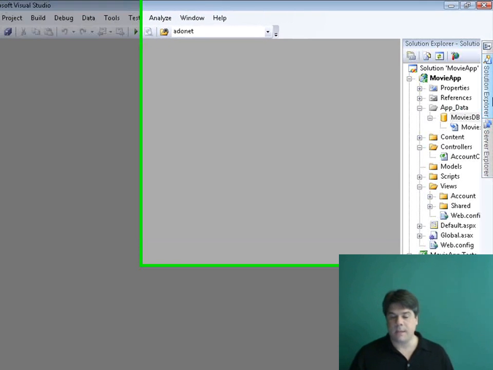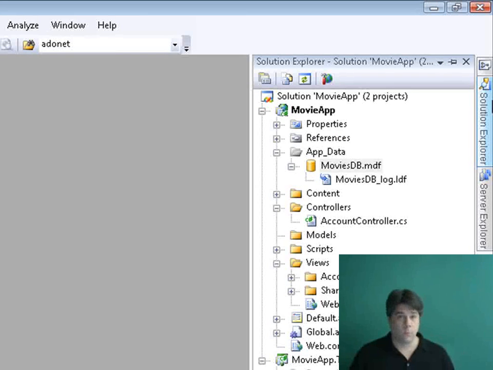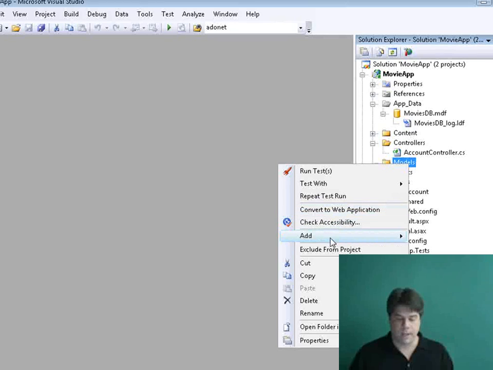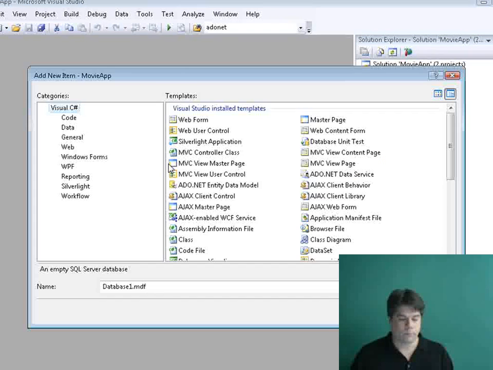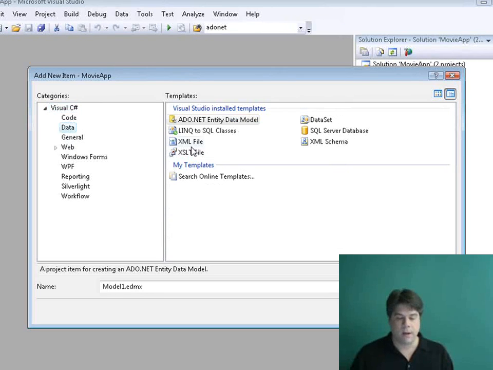The next step for me is I need some way of working with that database from my MVC application. So to do that, I'm going to take advantage of the Entity Framework to create some data model classes. So I'm going to go to my Models folder, right-click that. I'm going to select Add New Item. I'm going to select the Data category, and I'm going to select